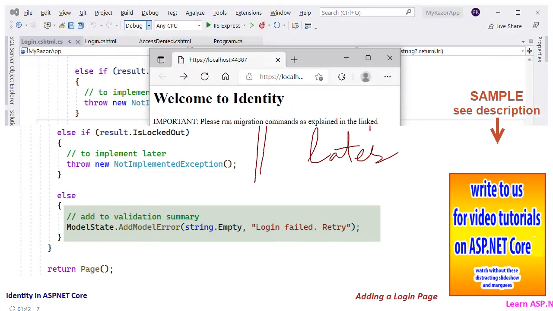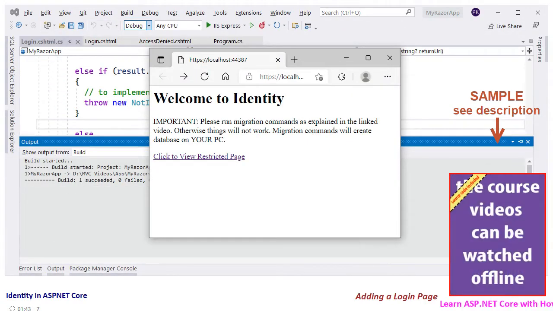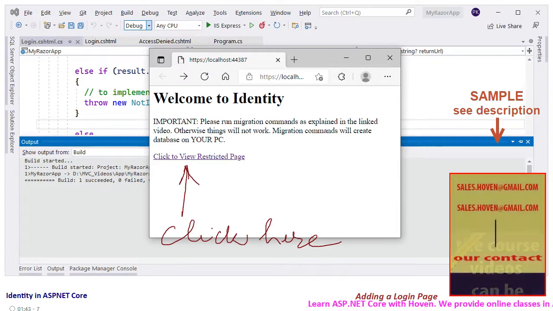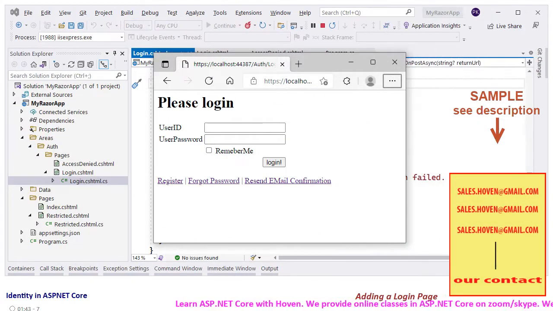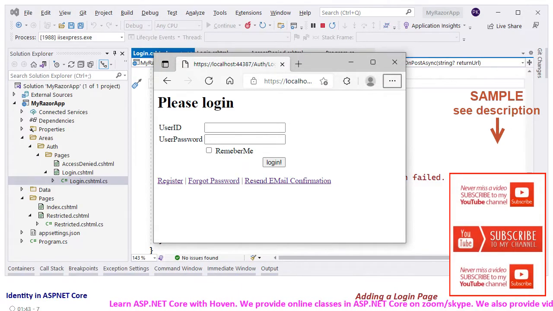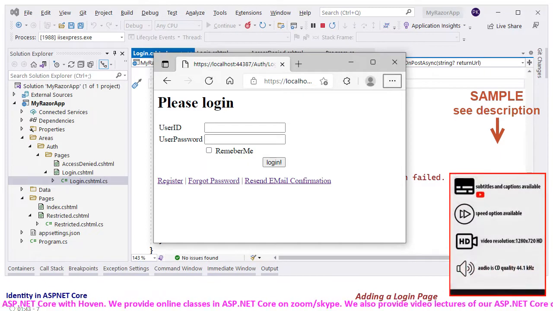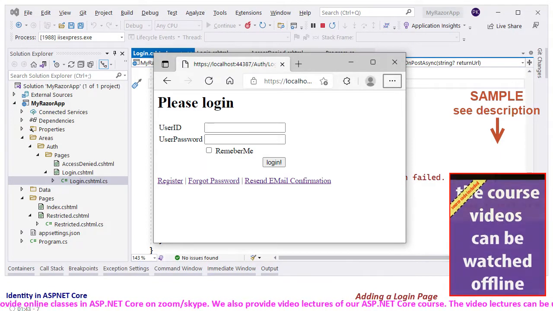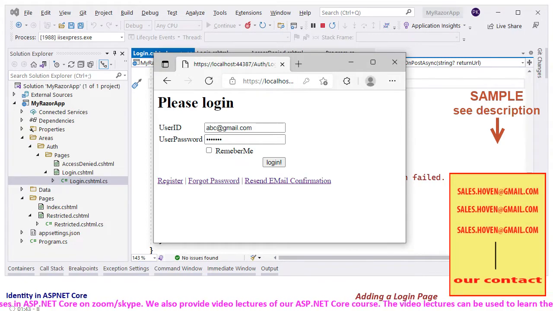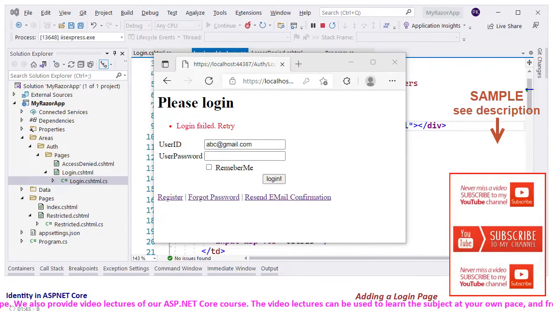Now run the project to open the index home page. Click on the link to attempt a visit to the restricted page. As expected, we will be taken to the login page. This is the page that we configured in the cookie options in the program.cs file. We haven't yet registered a user, so we can add any random email and password. Click Submit to verify that the login failed message is shown. Everything is working as